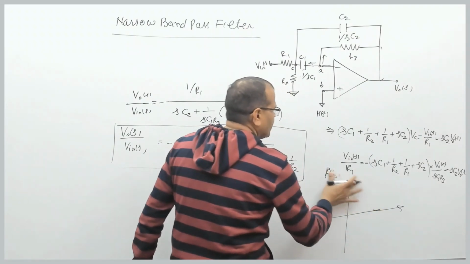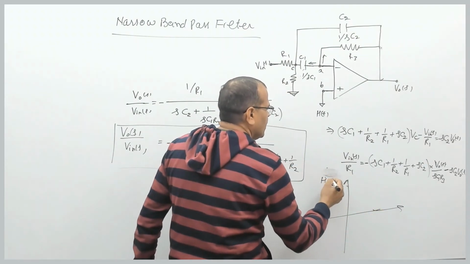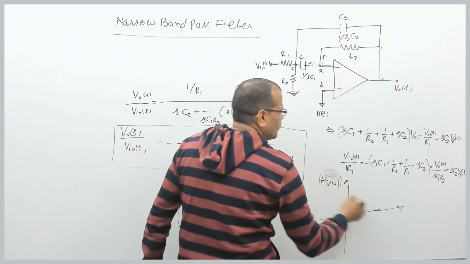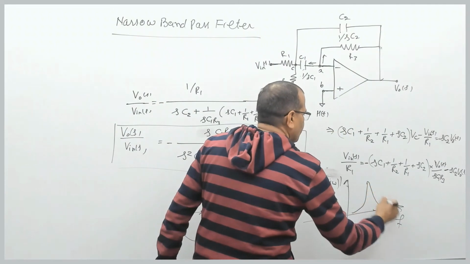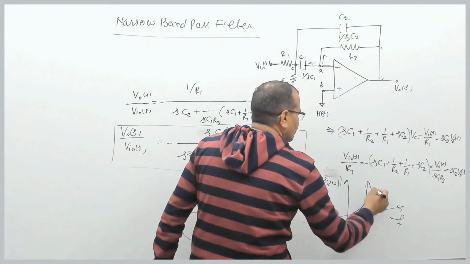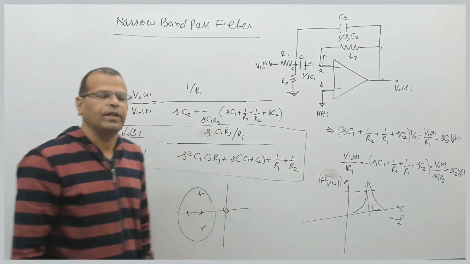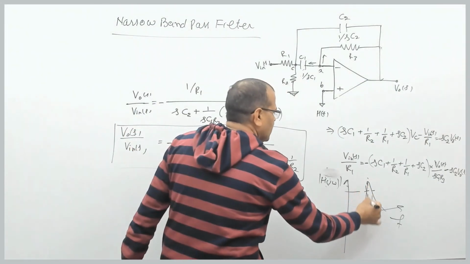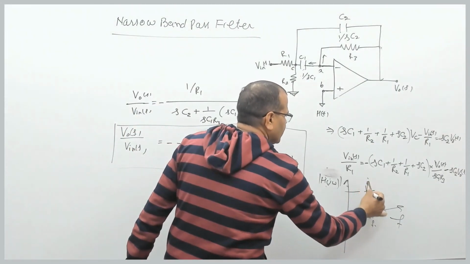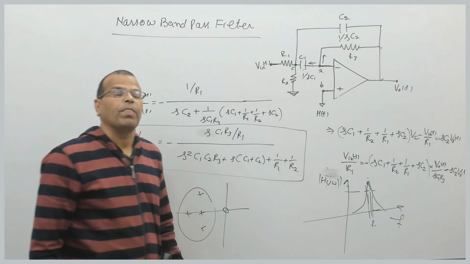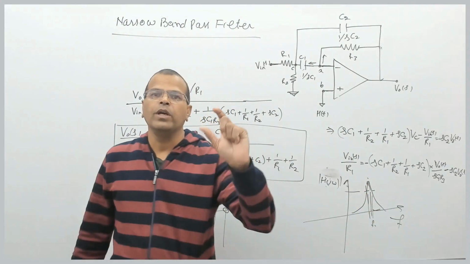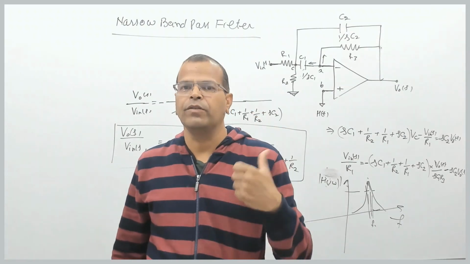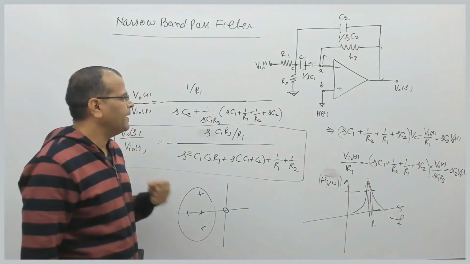So not transfer function, that is we can say gain, magnitude, this can be frequency, and you can narrow down the frequency band which is passed through the filter. That frequency is called center frequency, the frequency at which it reaches the peak value. The frequency at which the magnitude reaches its peak value is called center frequency of the filter, right?